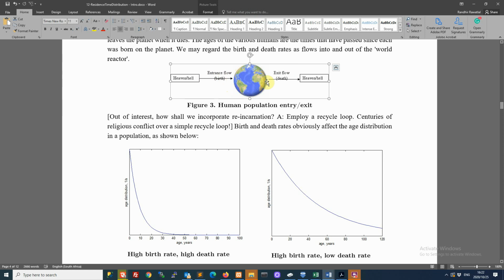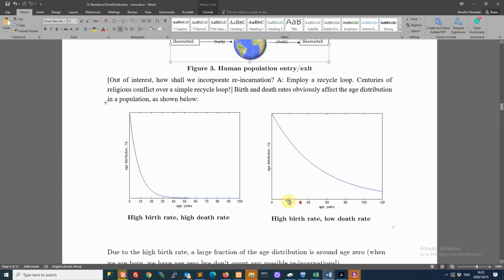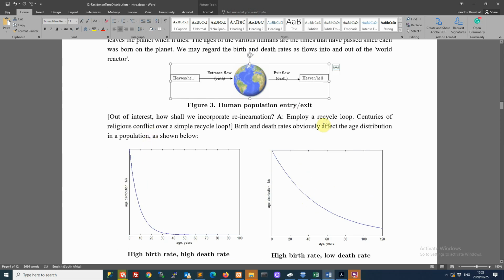So it is important to connect with the age theory because in a way ourselves as human beings find these things easier to understand. So it's a convenient crutch for us to understand the age distribution theory. And of course we've been talking about the space-time. So if we take the volume and divide it by the volumetric flow rate, then we get the average time spent here. So if we consider the average lifespan of a person on Earth, then